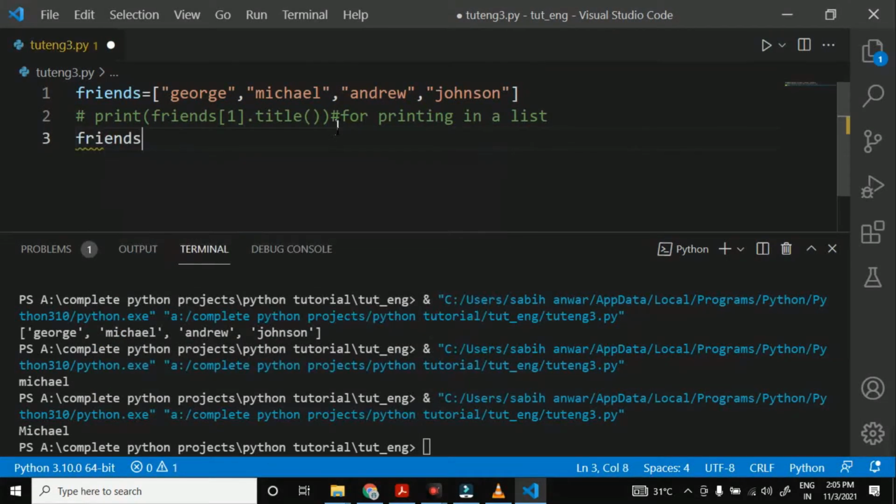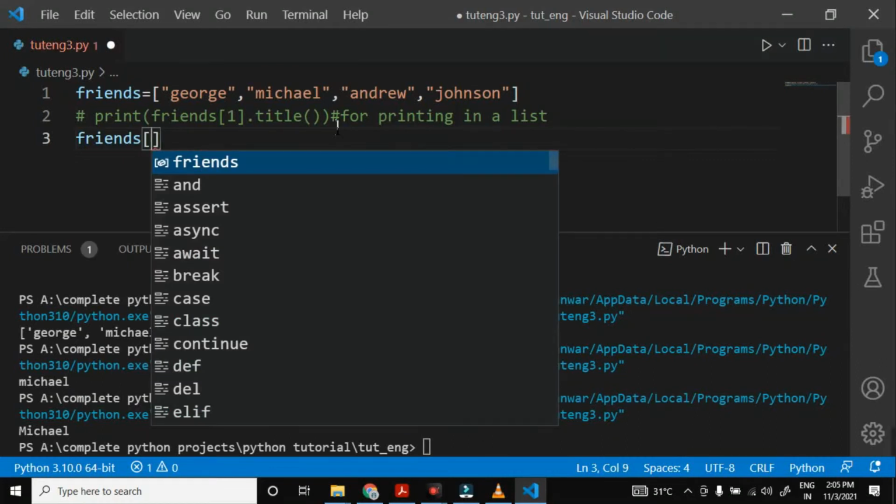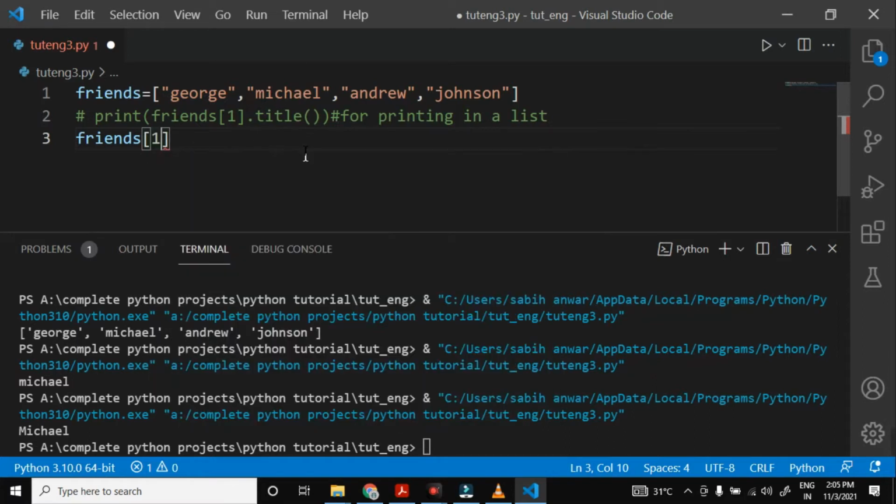Write friends in the big brackets. If you want to insert something at the first position in the list, how can you put it? Write 1 over here is equal to whichever name you want to give, maybe Flintoff. Okay, so I gave it over here.